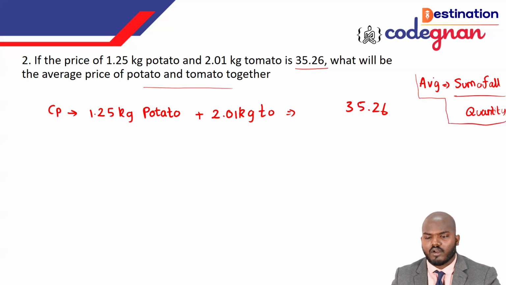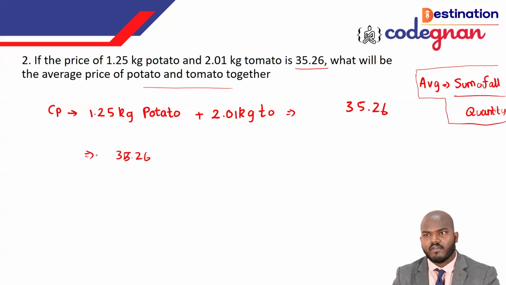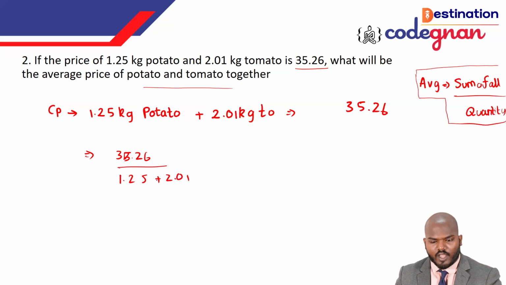This formula applies in all the places where they are using the average price. But you need to find the sum of all the numbers. Here the sum of the numbers is 35.26, because in total we are getting the price of everything, that is 35.26 only, right? So divided by the number, meaning the quantity. The quantity is 1.25 plus 2.01. If I add this value, guys, this will give you